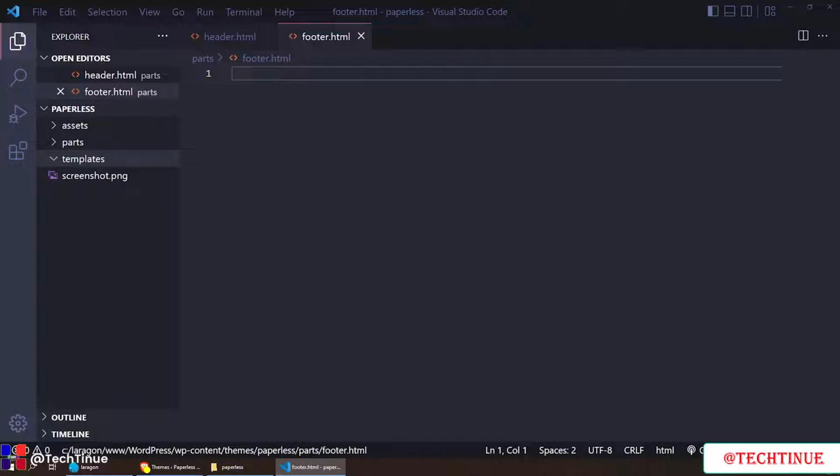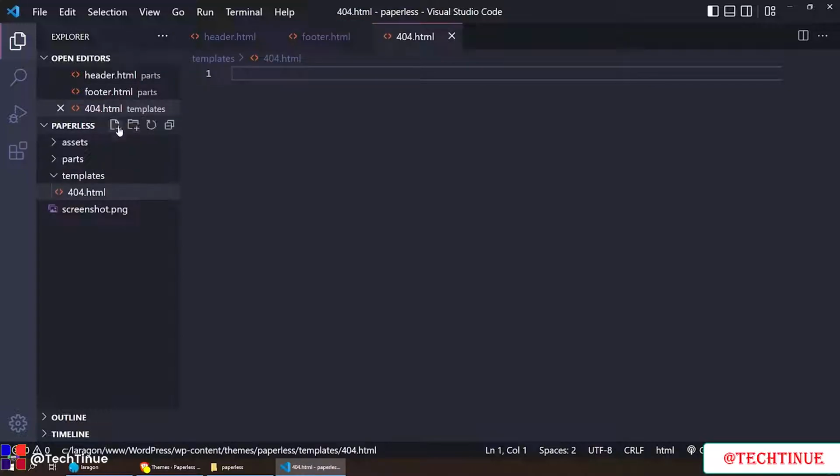For example, we can have a template for our homepage. We can have a template for the blog post. We can have a template for the search page, and so on. Let me start by creating a few of them, and you will understand what I'm talking about in a few minutes. If I was to create a new page inside here, maybe we can have 404.html, and then maybe